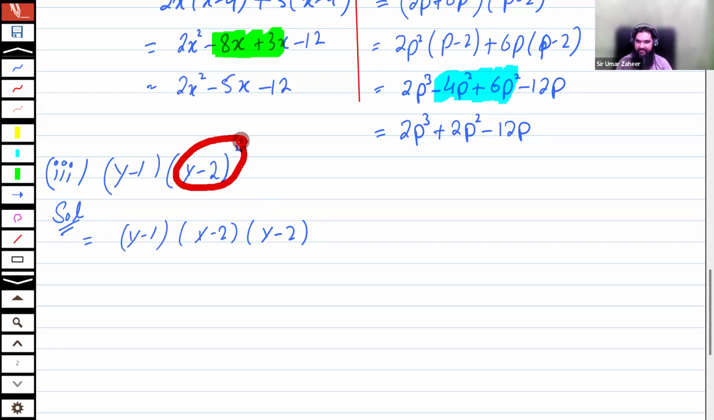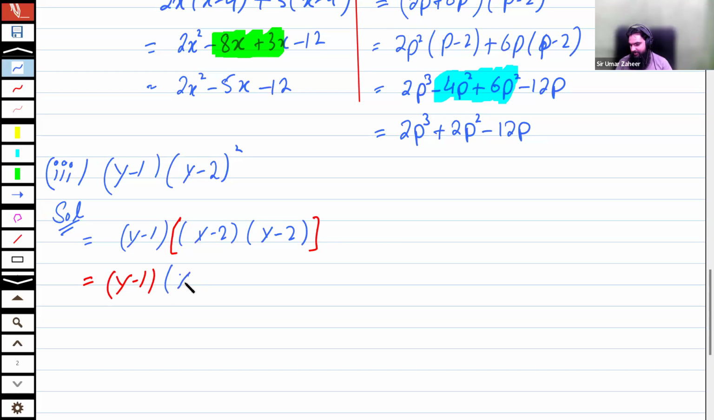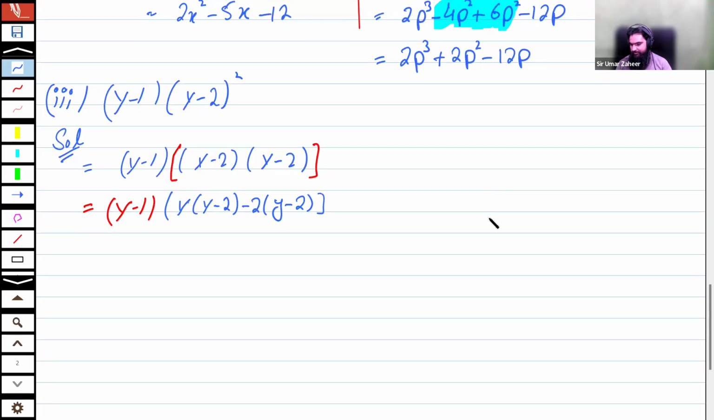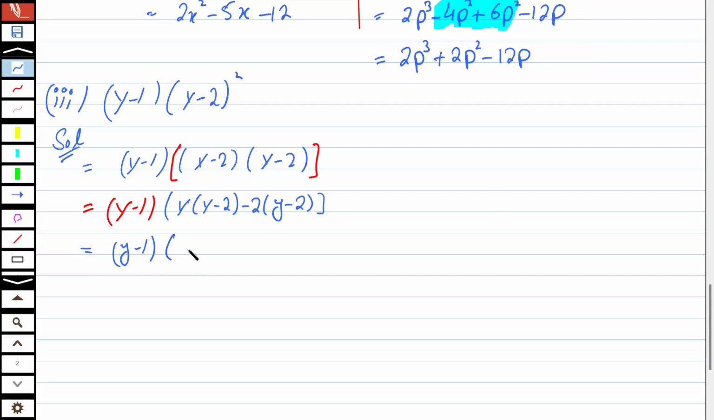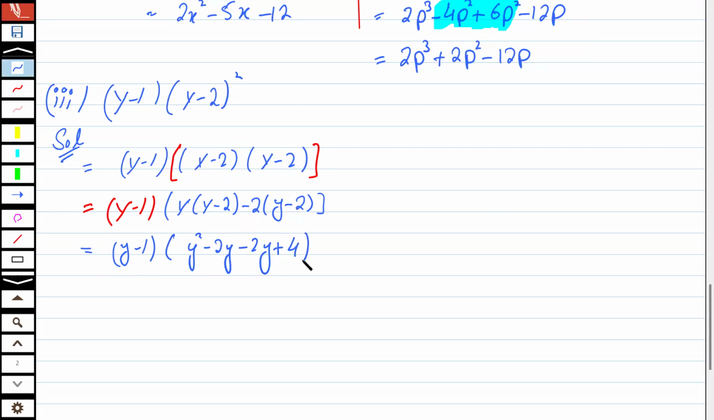You can also use the identity here as well, that (a plus b) whole square is equal to a square minus 2ab plus b square, but you have to expand it. So just multiply any two brackets. I'm just multiplying these two ones. So I'm going to get y multiplied by (y minus 2), minus 2 times y multiplied by minus 2, bracket close. I'm going to get (y minus 1)